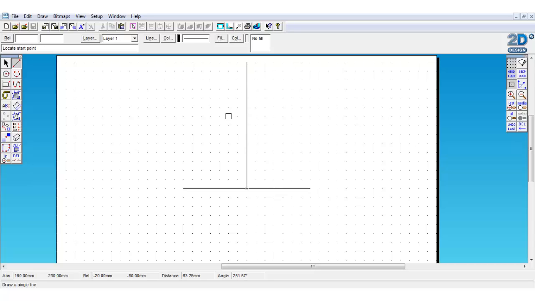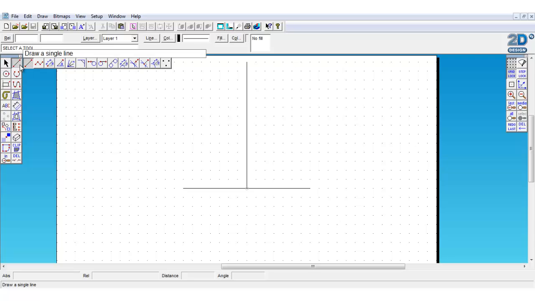Okay, so the next thing is we need a diagonal line. I'll unselect this now. We need a diagonal line coming from the end point here, meeting this line. Now we need this line to be 140. I could just draw it on here, but to get the exact length of 140,